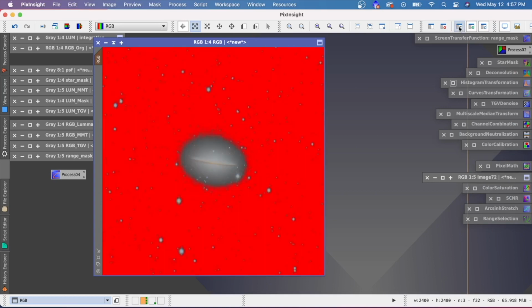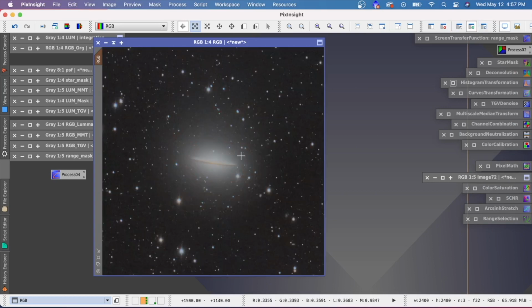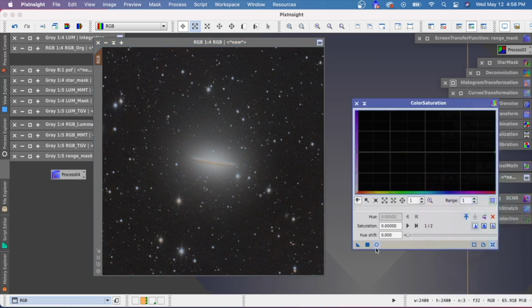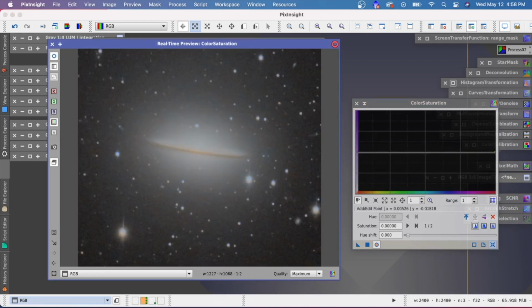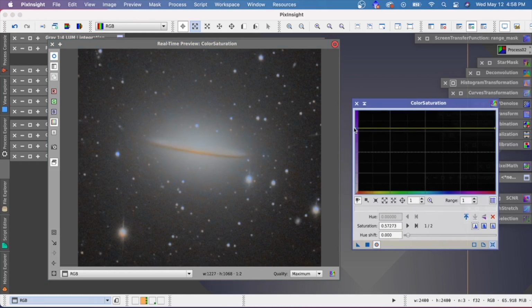Now, let's uninvert the mask. Oops. There we go. Uninvert the mask. That way we can actually apply some saturation to the bright parts of our image. Okay. Go back into color saturation here. Hit the reset. Look at the preview. Let's zoom in on the area closer to the galaxy. And let's pull this up. Okay. Now I would say, in my opinion, that I'm actually oversaturating some of this